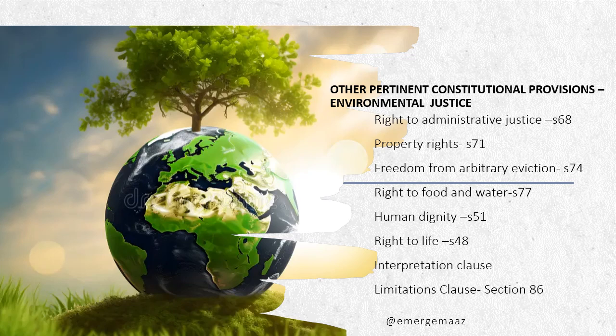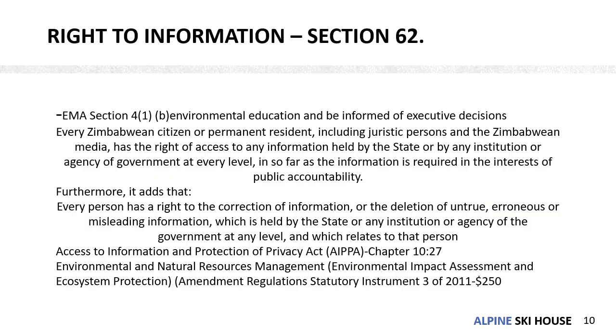I mean, the right to property, the right to food and water, human dignity, the right to life, the interpretation clause, the limitation clause. All these are somewhat connected to environmental protection, one way or the other, to ensure that we all have a safe and healthy environment. Now, looking specifically at the right to information, section 62, Nyamu also notes on that and says that